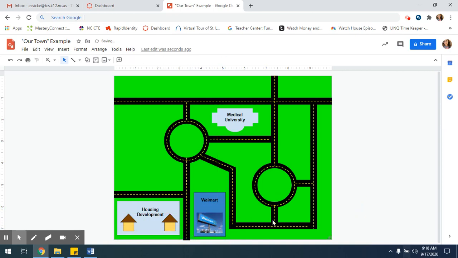Okay, so then you have to think about, why did I put my Walmart right here? Well, maybe I put Walmart right here because I want it to be close to the housing development and still have easy access to where families can get to it. Maybe I want to add,